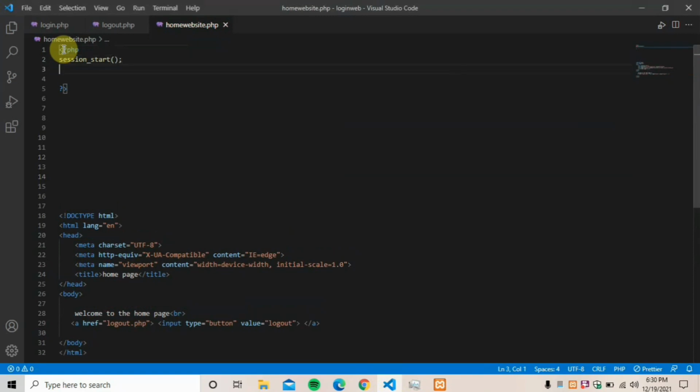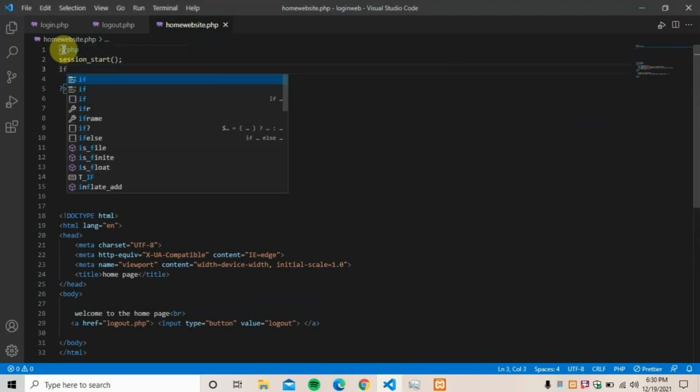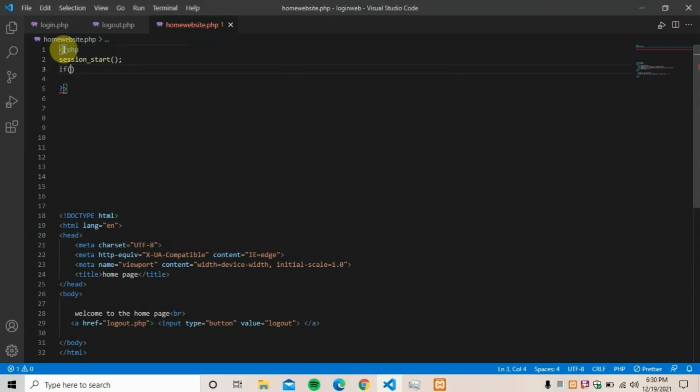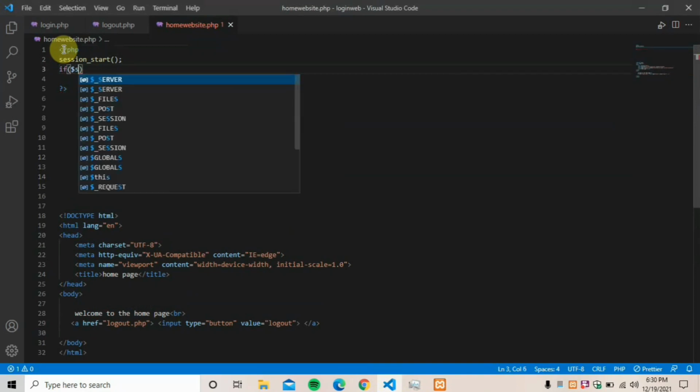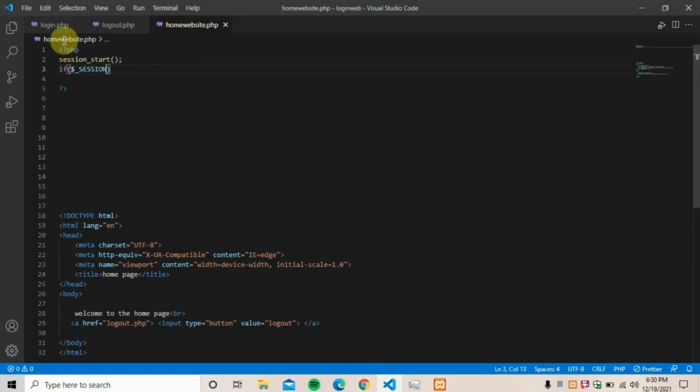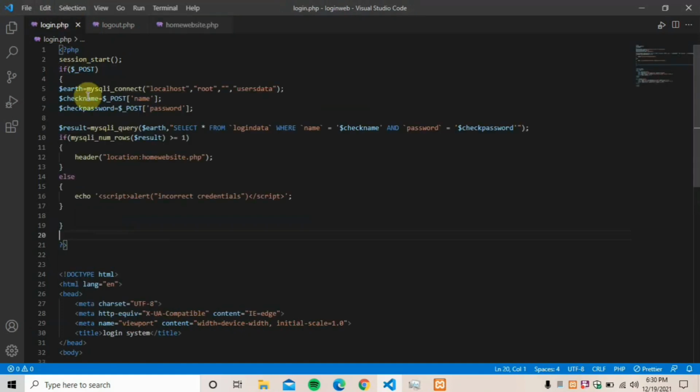Always session start, and we have to use a very simple trick. If $session name, if there is some value under the $session name, so first of all we have to